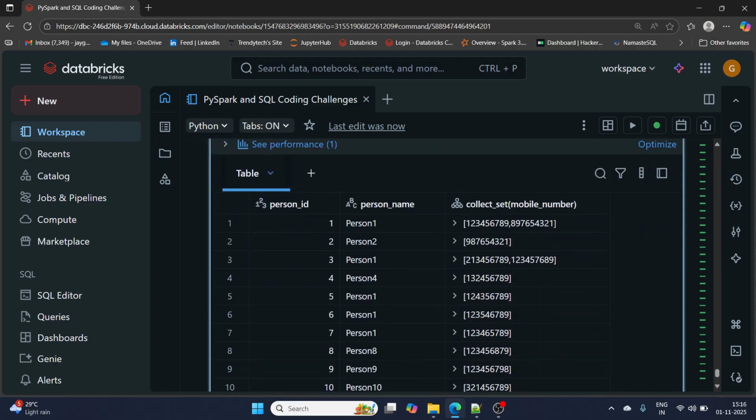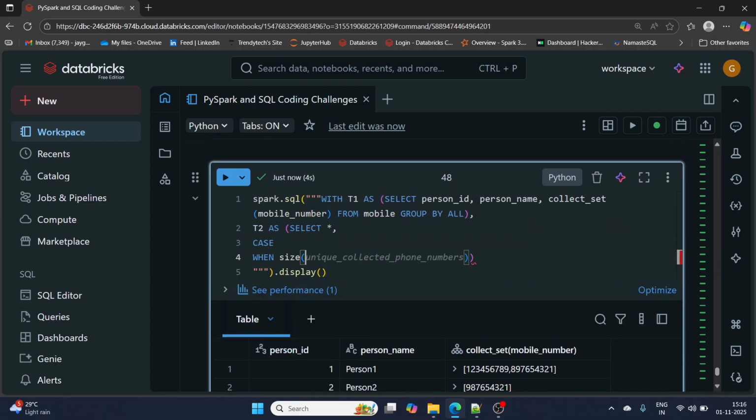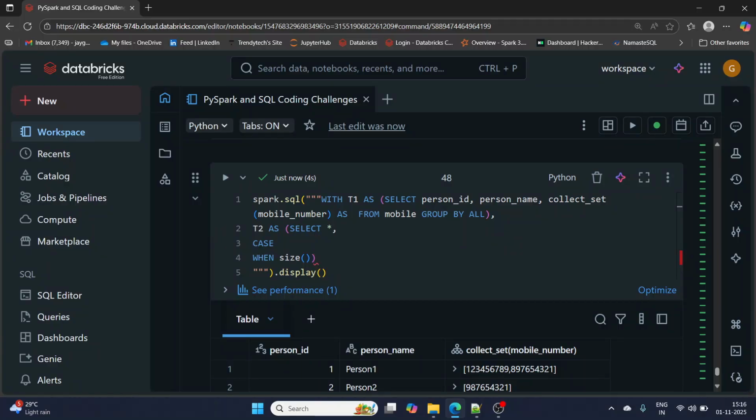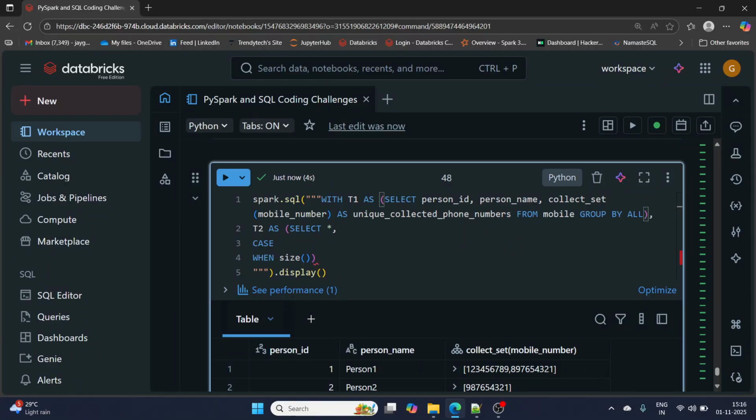Unique collected, collect set. Okay, I have to rename this. Collect set as, let's say, unique collected phone numbers. I'll just copy this name. I'm just going to alias this column so that I will use it later on. Size of unique collected phone numbers is greater than 1